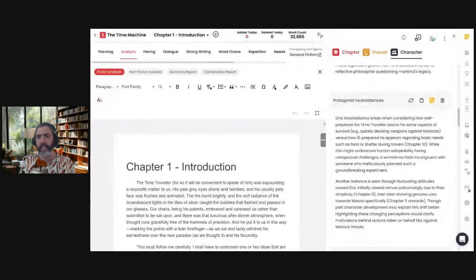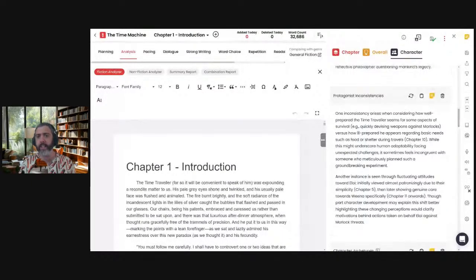So it's funny because it says one inconsistency arises when considering how well prepared the time traveler seems for some aspects of survival versus how ill prepared he seems for basic needs like food or shelter. All right, and then it says, while this may underscore human adaptability when facing unexpected challenges, it sometimes feels incongruent.